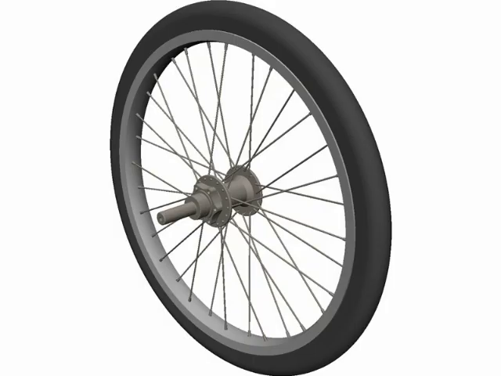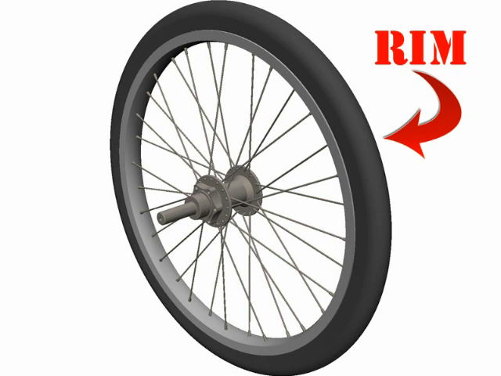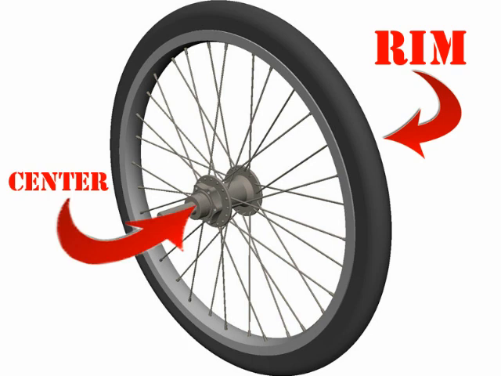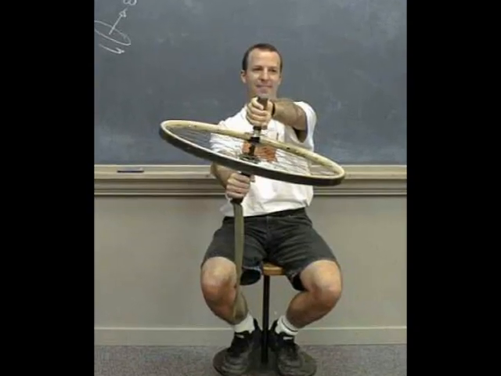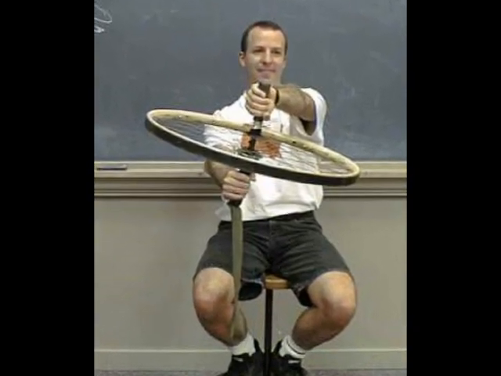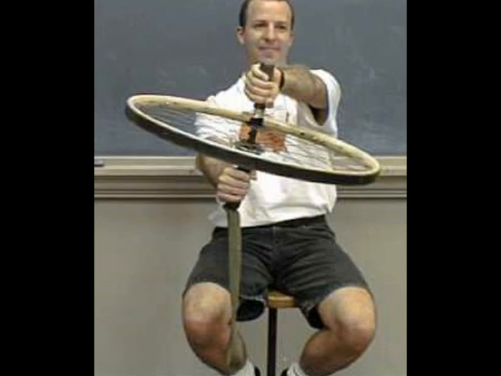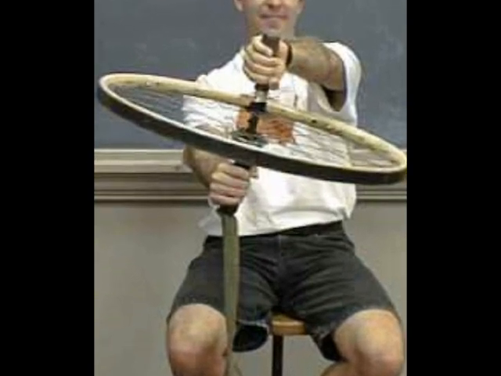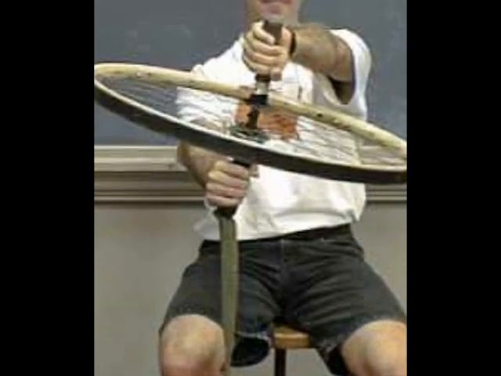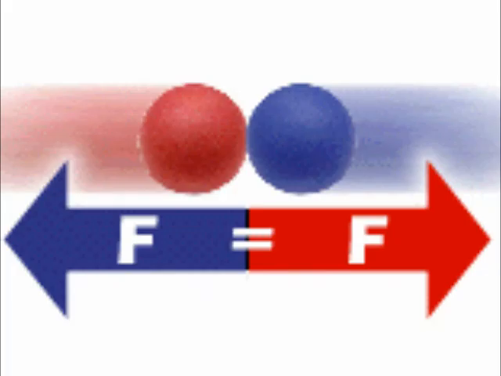In order for the physics bicycle wheel demonstration to work, the bicycle wheel mass must be concentrated along the entire wheel's rim, instead of the center, and that causes a larger angular momentum at a given speed. The bicycle wheel, the person, and the stool comprise a system that obeys the principle of conservation of angular momentum. Any change in the angular momentum within a system must be accompanied by an equal and opposite change, so the